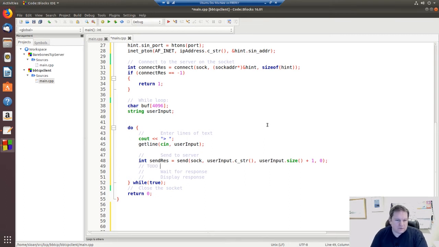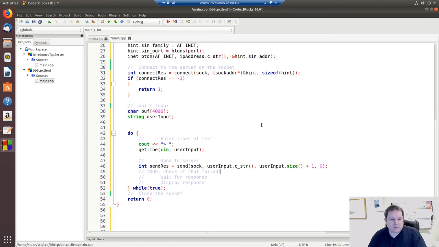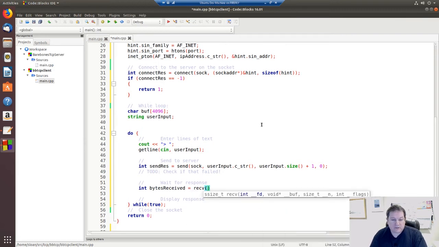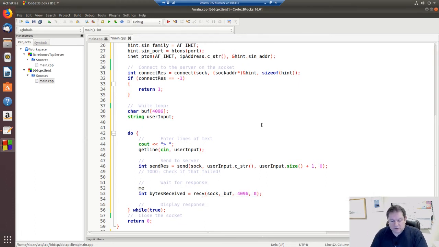I'm not going to bother with a check for failed just now, but then we want to wait for the response, which is the next line. So we want to say int bytesReceived equals receive, and again we want to receive in on that socket. The buffer where we want to put things is buff, and we want to specify the size 4096 and then 0. Now what we also want to do is use memset,